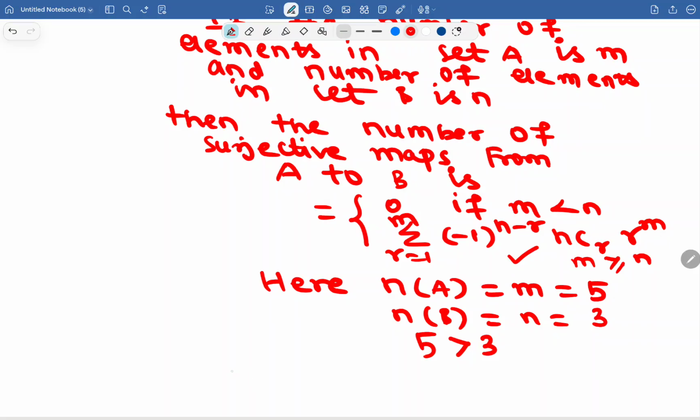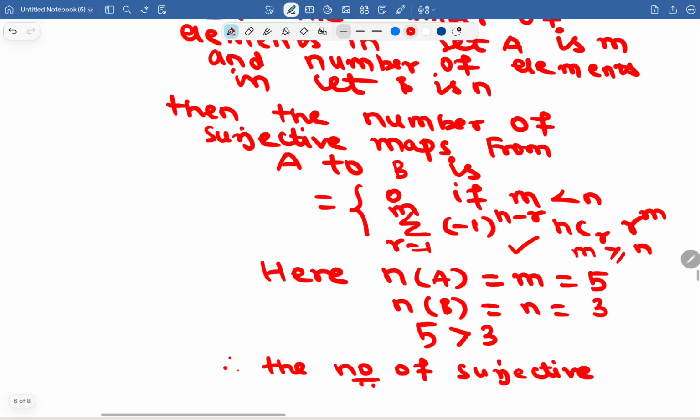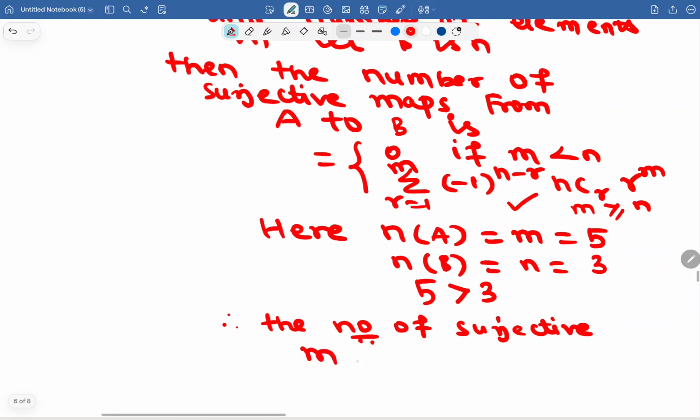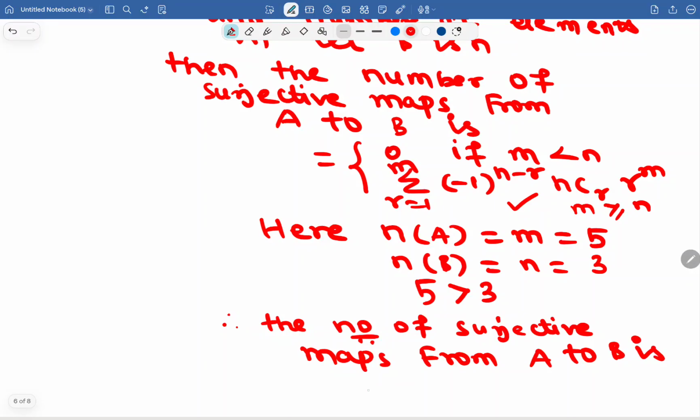Therefore, number of surjective maps from A to B is summation r equal to